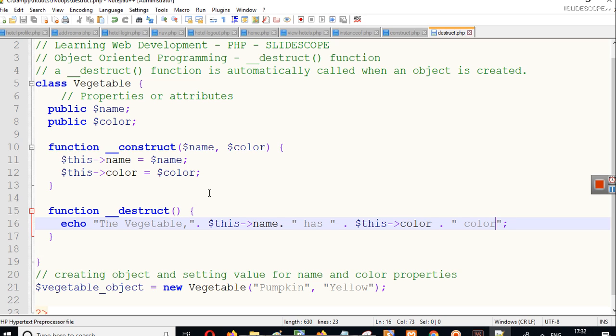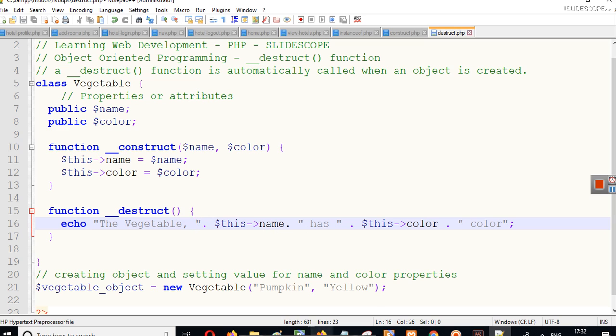In this example, using the construct function, we have set name and color attributes, and because these properties or attributes are public, we can use them inside this function. And the vegetable, this name has this color, and I will put a simple space here.